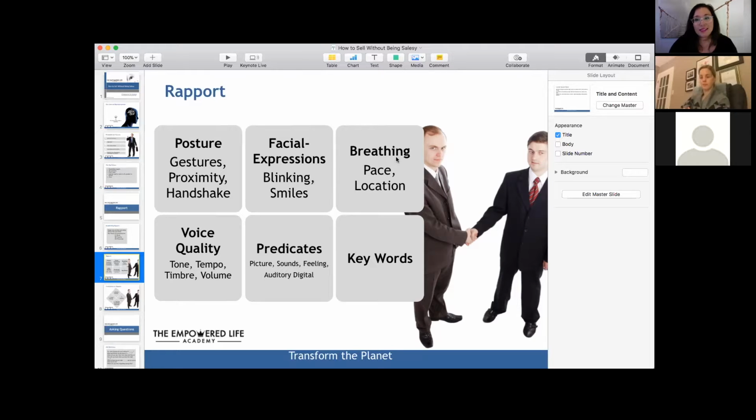Breathing is the deepest way to establish rapport. And with breathing, you want to watch the pace of their breath and the location. Some people, you'll notice that when they're breathing, you'll see their shoulders rise and fall. They're breathing up here. Some people will be more mid-chest. You'll notice their rib cage expanding. And some people breathe more from their stomach. You'll notice their stomach extending and retracting. Match them on those things. Breathing with someone will establish the deepest level of rapport, and it's completely out of consciousness, meaning they're not aware